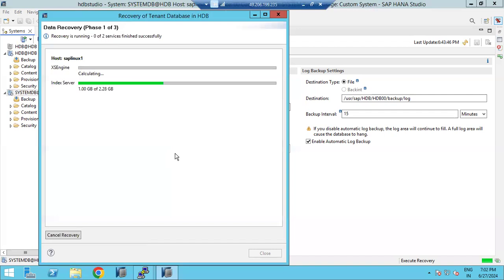So if any logs are there, in the logs we have the changes to the data. That will be replayed, and that will also be applied. If there is no log backup, then it will be applied up to that data backup only. In HANA Studio, the system will clearly tell you, you select 6:55, 6:45, but